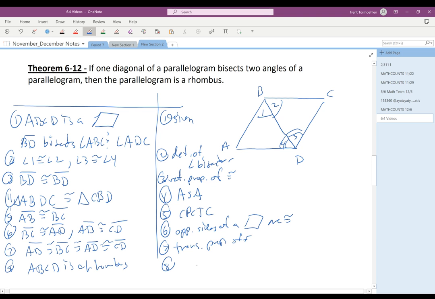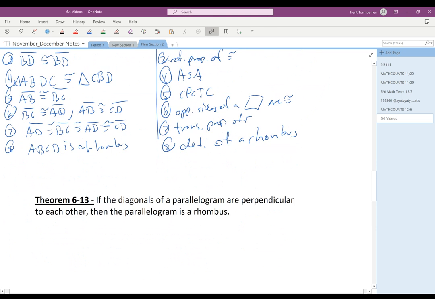And that's entirely by the definition of a rhombus. The reason we know it's a rhombus is because we showed that all four sides are congruent to each other. All right, the second theorem from this section,